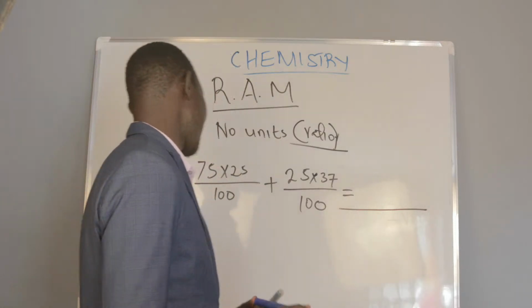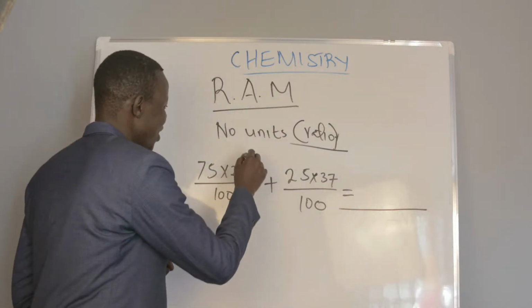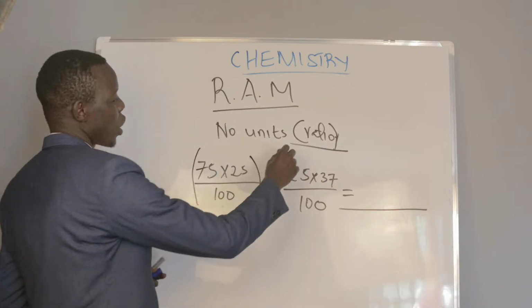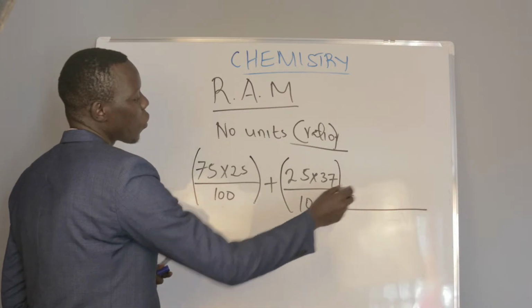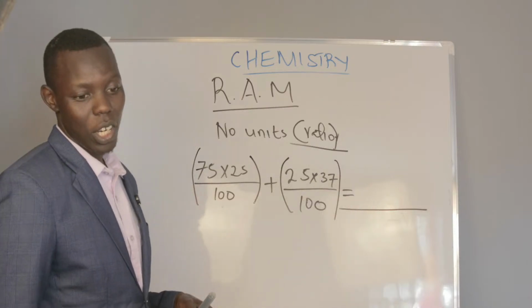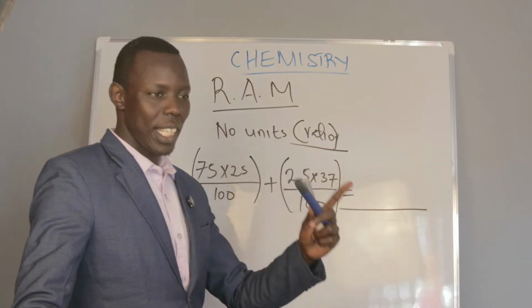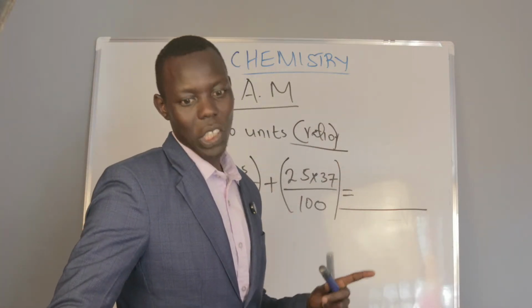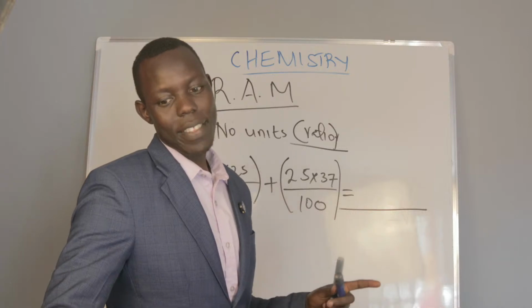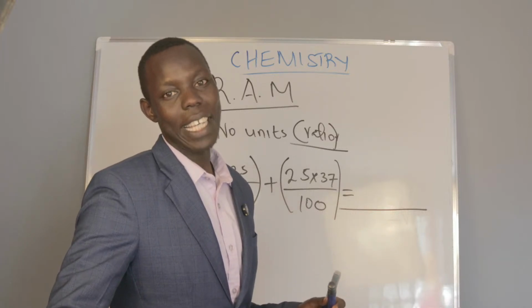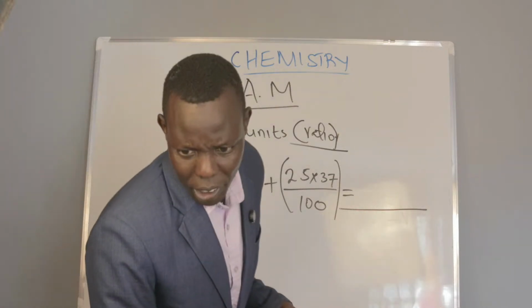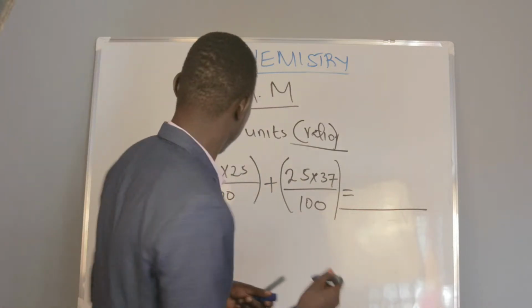Now, look here again. This is what I always tell my students: after getting the answer, you will always know whether you are right or wrong. Why? Always, the relative atomic mass is close to the most abundant. The most abundant is the one that has taken the highest percentage. Why? This one is 35.